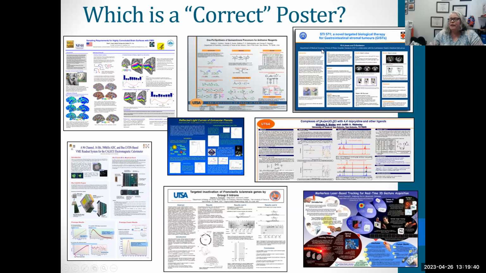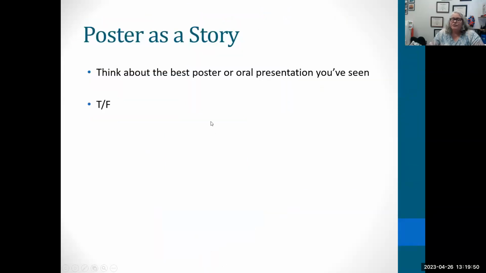But they separated the sections that way, and you see all the lines, it's beautifully aligned and all that. I really like that poster. But the chemist loves theirs too. So there we go. Anyway, so if you think about the best poster or oral presentation you've ever seen,